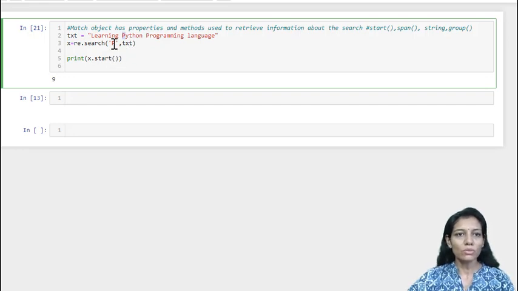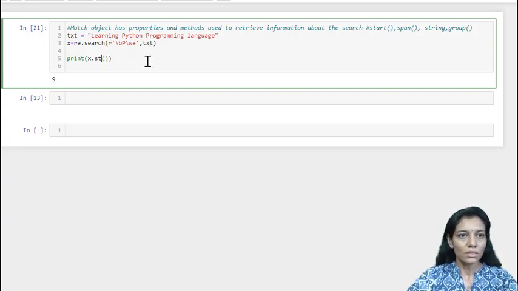Now I want to enhance my pattern: the word should start with a capital P and be followed by word characters. All non-white-space characters will be considered part of the word, and this is our pattern. That's why we include a raw string.